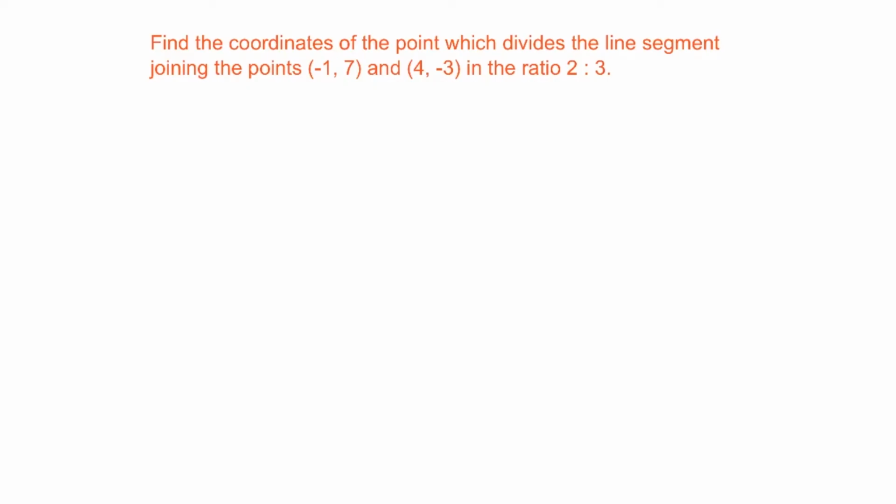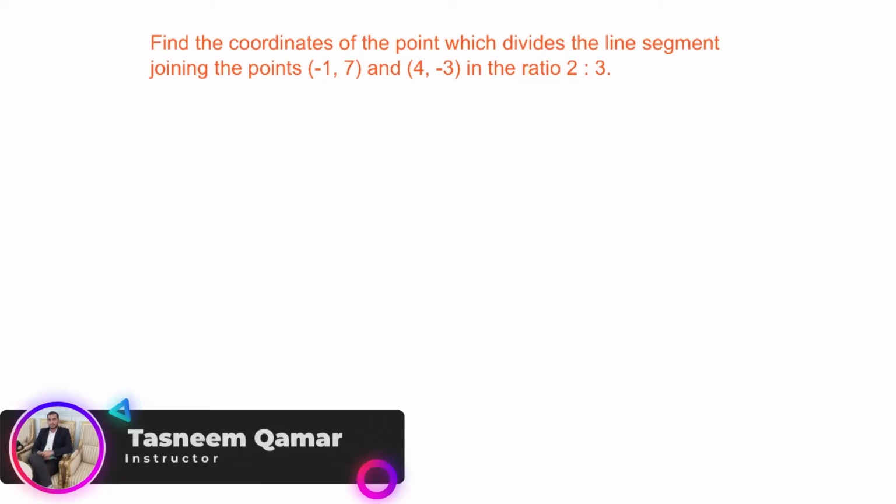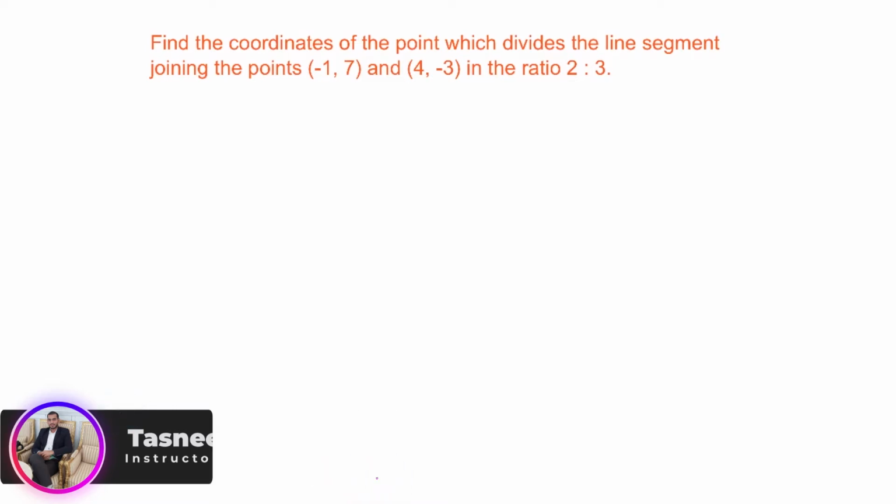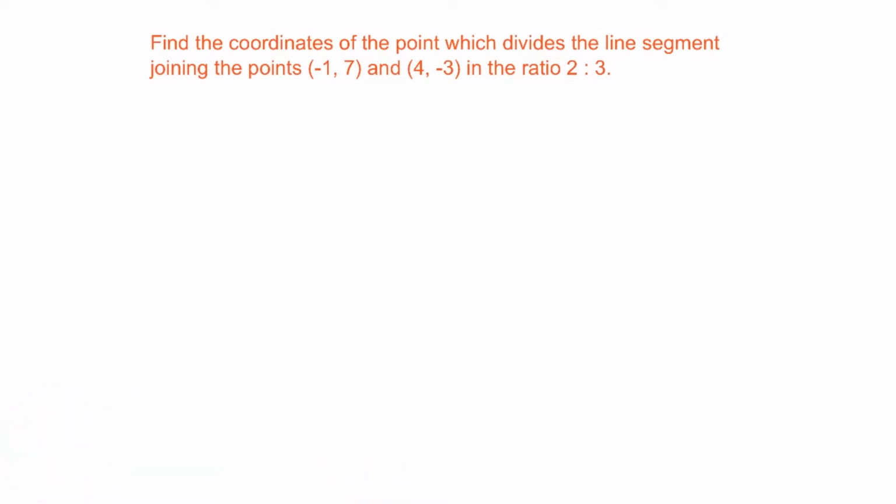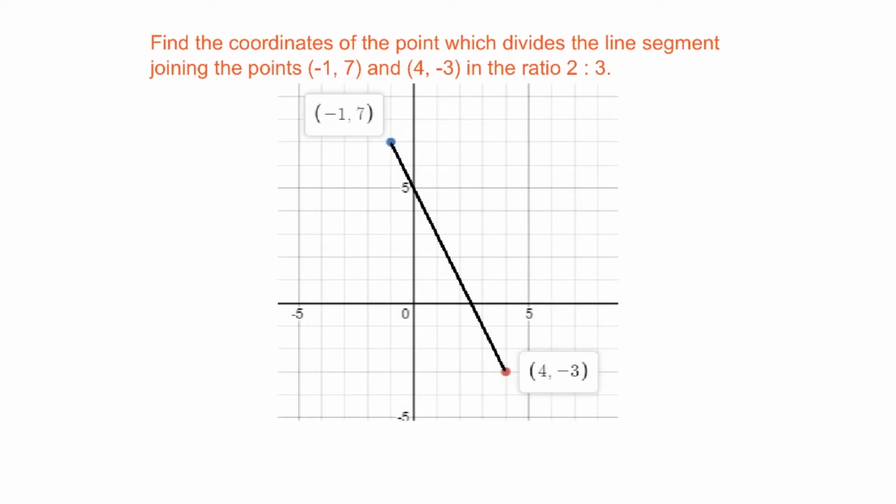Find the coordinates of the point which divides the line segment joining the points (-1, 7) and (4, -3) in the ratio 2:3. To understand this, let us have a look at the graph, how it looks like. This is point A and this is point B. We need to find a point on this line such that the ratio of this part and this part is